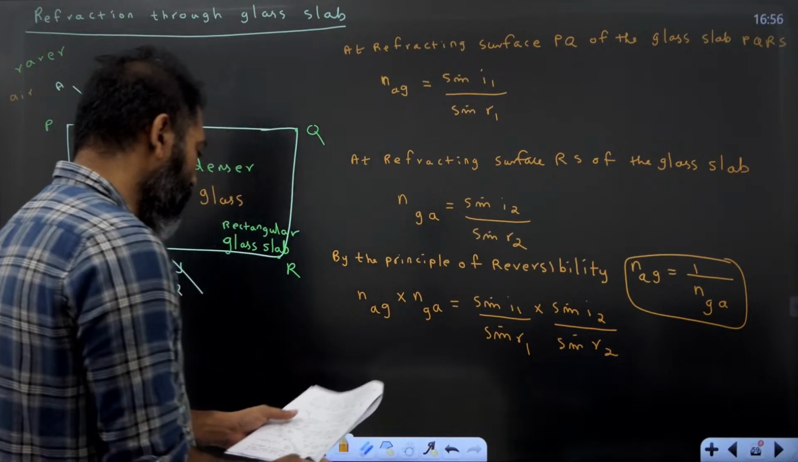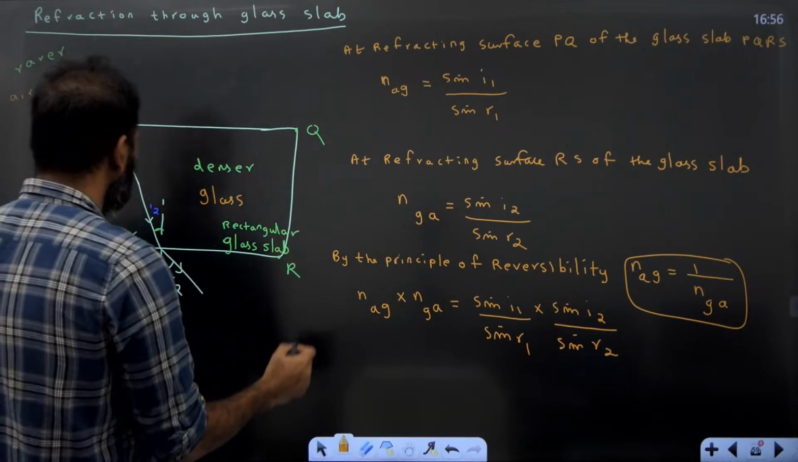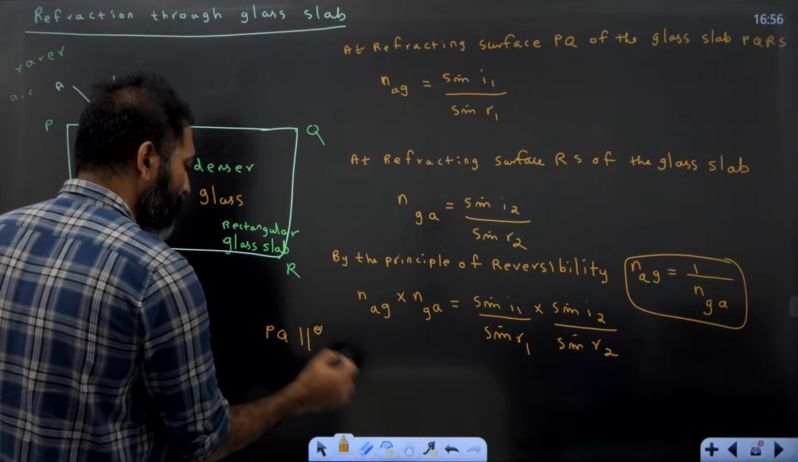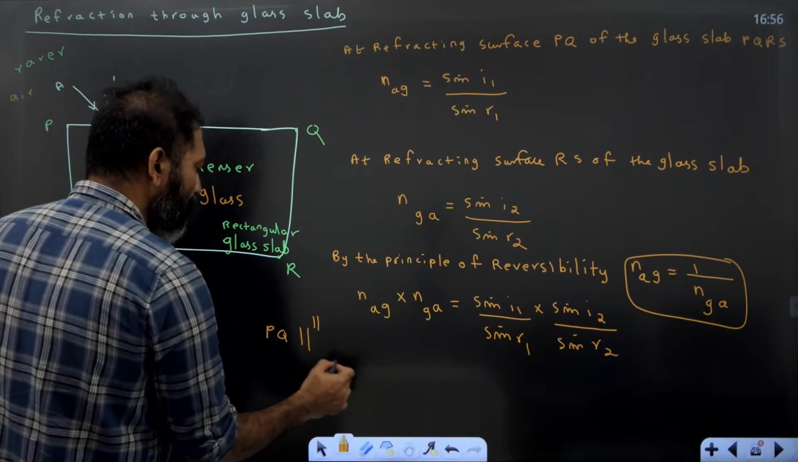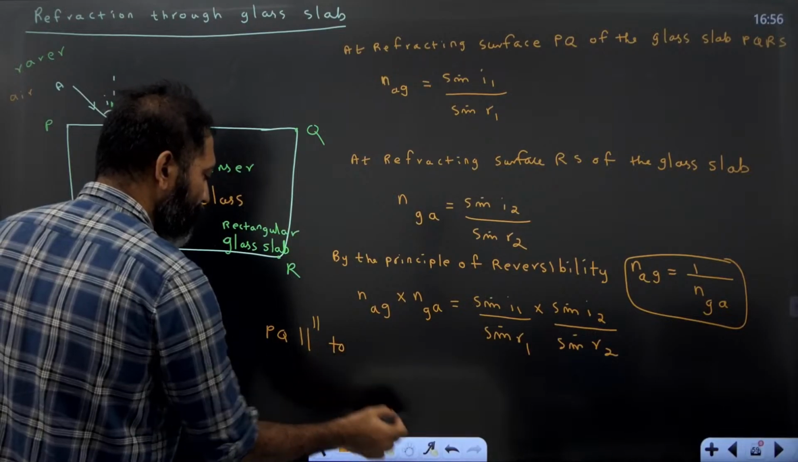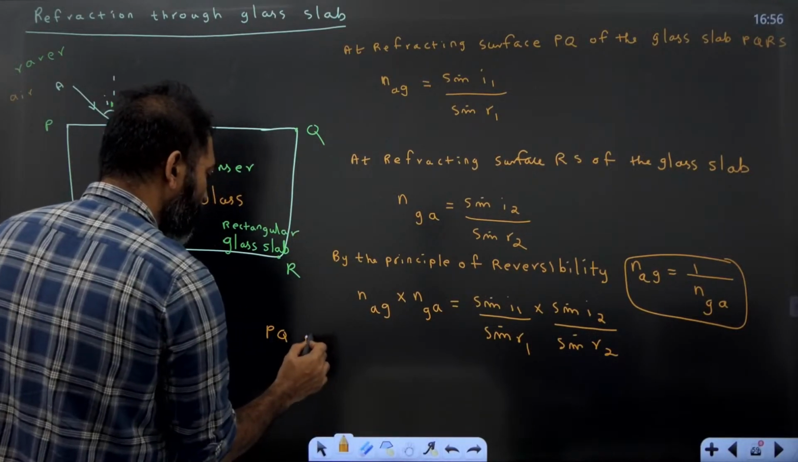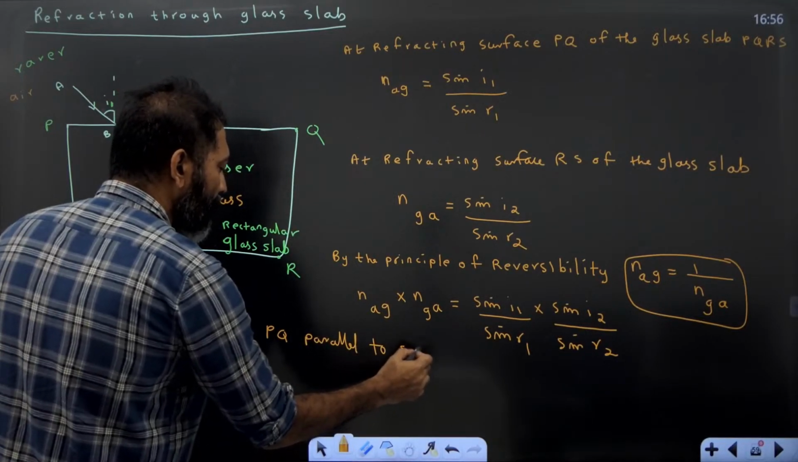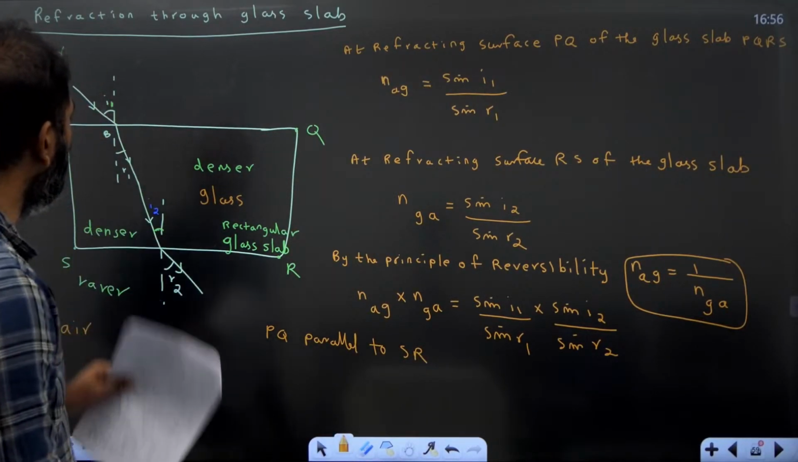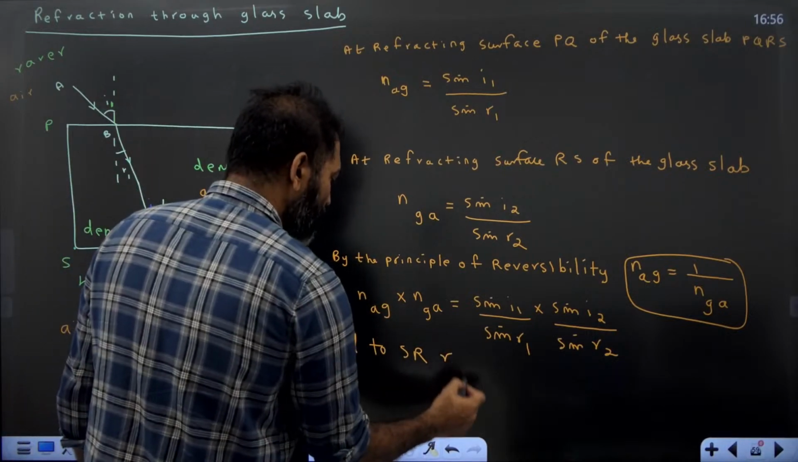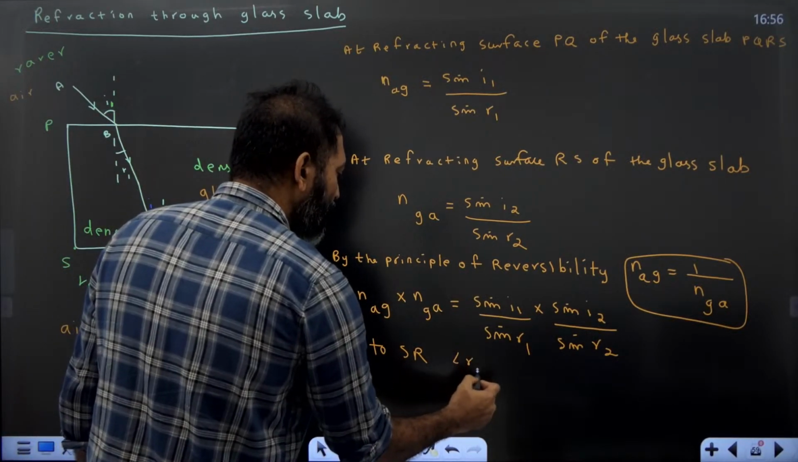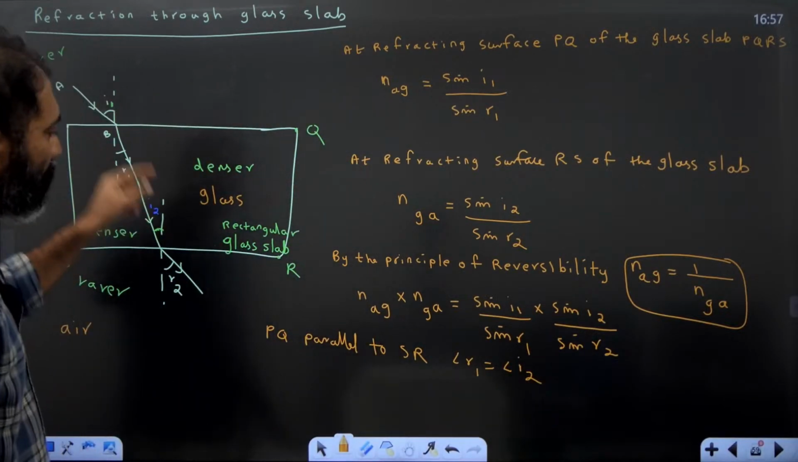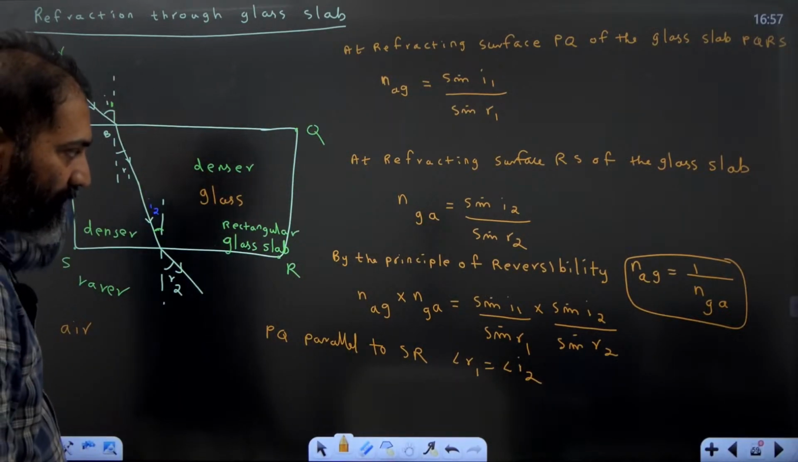Now, here PQ is parallel to SR. Since PQ and SR are parallel, angle R1 is equal to what? Angle I2. R1 is equal to I2, isn't it? So,